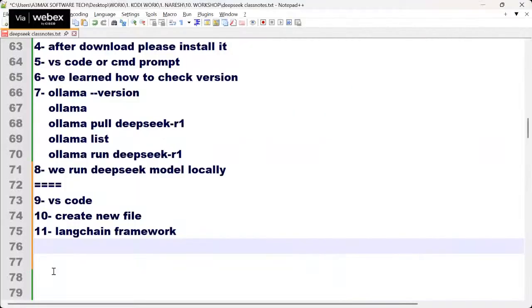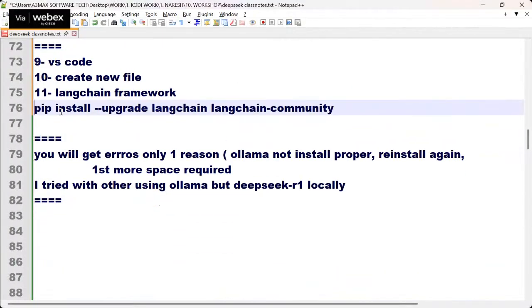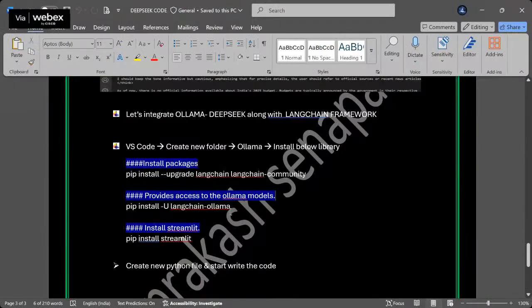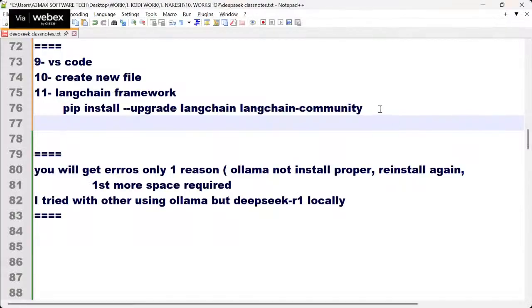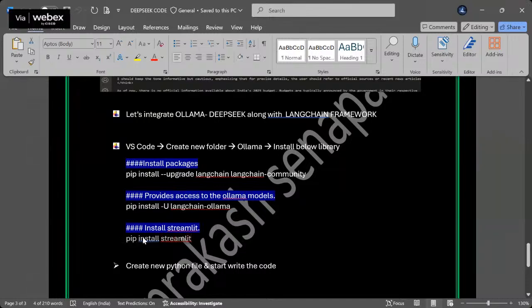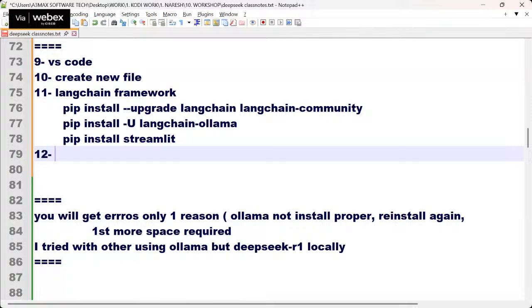Just go here, this one. I want everyone to install this library. Next one, pip install LangChain Ollama. Next one, pip install Streamlit. Please let me know once you've covered this.